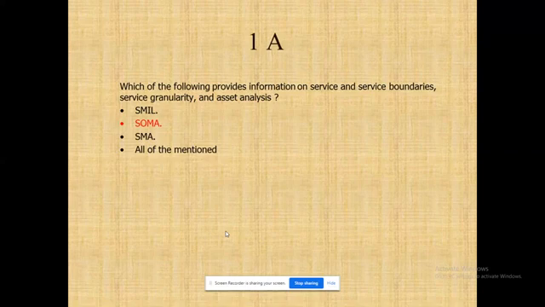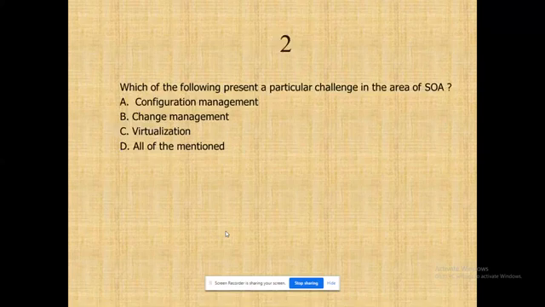Like UML, you have BPEL, right? Like UML in your normal environment to perform analysis and design, OOAD, for the object-oriented environment we have UML. Likewise, for service-oriented modeling and analysis, we have BPEL, Business Process Execution Language, right? So that's the major criterion in this.